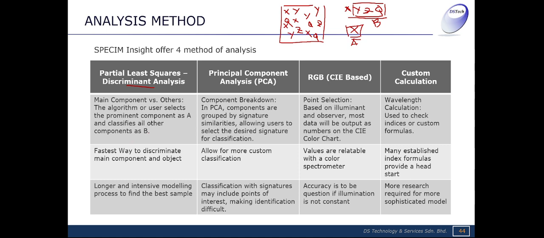Yeah, as you can see here, select a prominent component A and classify everything else as B. Because it's a discriminant, you choose one and the rest is no. It's actually a very good way to discriminate the main object because, as I mentioned